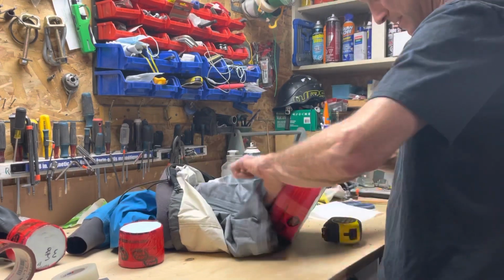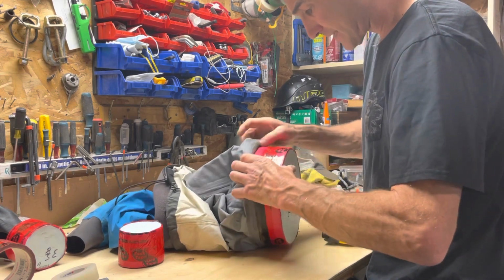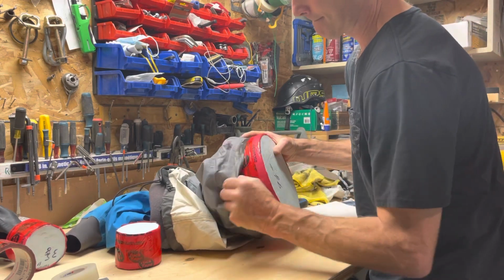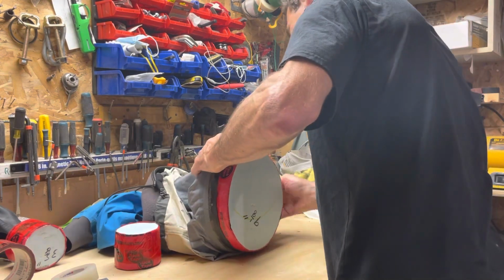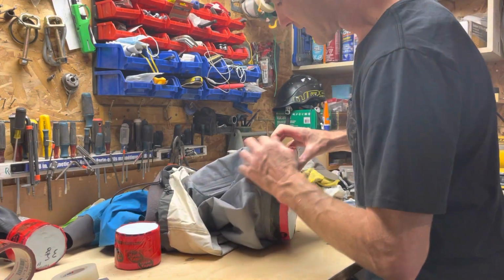Anyways, I already cut the neck seal off. I left about 1 inch of the old neck seal showing. And you slip this in. This is the toughest part, getting it all set up. And then, there, that one went pretty easy. It's a little tighter on the